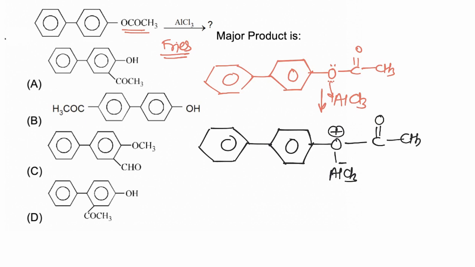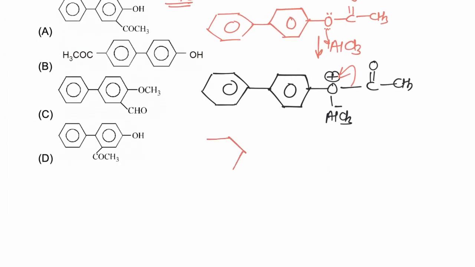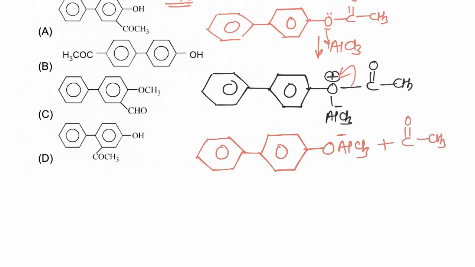Now the oxygen having positive charge is unstable, so electrons are shifted towards oxygen to form the COCH3 carbocation. So in the next step, this anion is formed along with formation of COCH3, which acts as